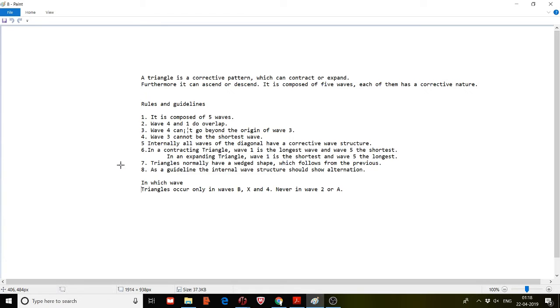As we know in the Elliott wave, wave 3 cannot be the shortest wave. Similarly here, as it is also a five wave series, wave 3 should not be the shortest one. And the internal structure will show the alternation, like I have just shown you. It can consist of three waves in itself. So let us have a look at the chart